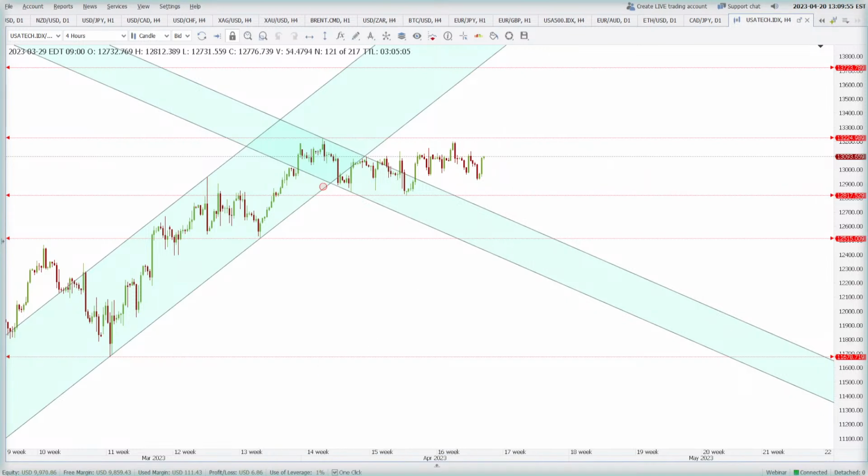That's all guys from my side. I hope that you know about the support and resistance levels that are of interest in the coming hours and days. Just keep in mind to only risk less than 1% of your capital on any single trade, and look for a potential profit of more than 3 times the risk that you're going to take. How can you achieve this? You can adjust your position size in such a manner that even if your stop loss gets triggered, you should not lose more than 1% of your capital.